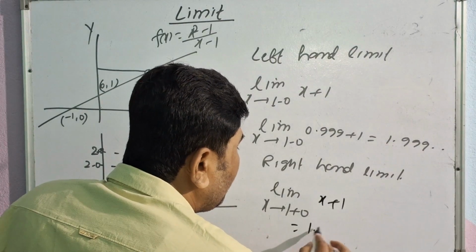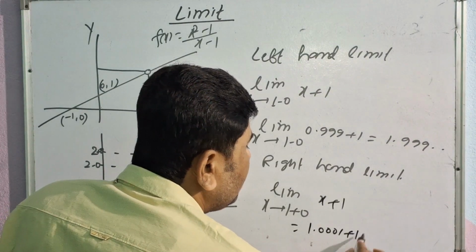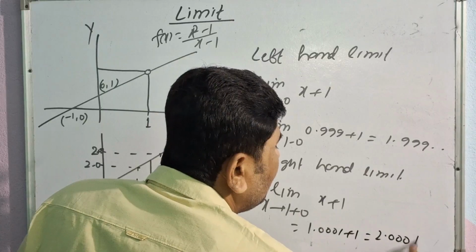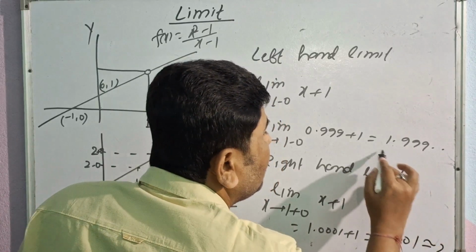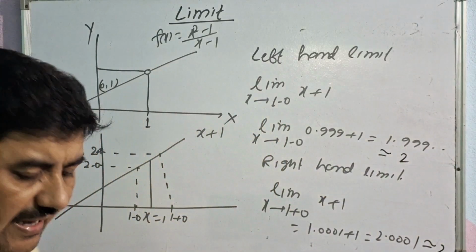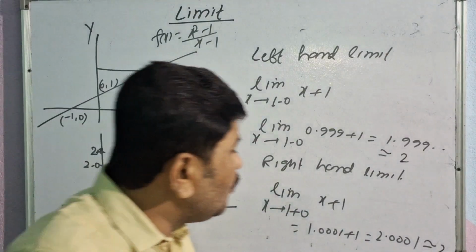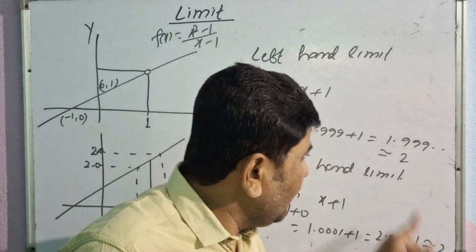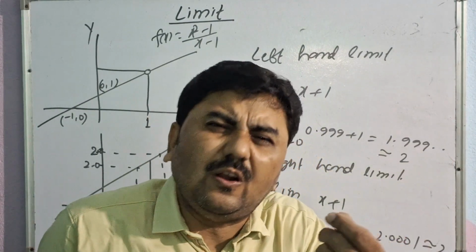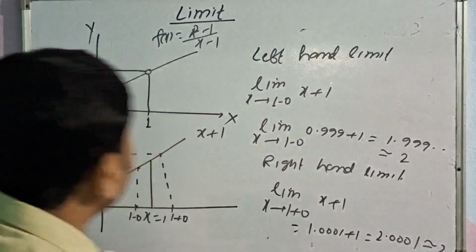It is equal to 1.00001 plus 1 is equal to 2.00001, approximately 2. It is also approximately 2. And the difference between 2.00001 and 1.9999 is very small. Hence we can say